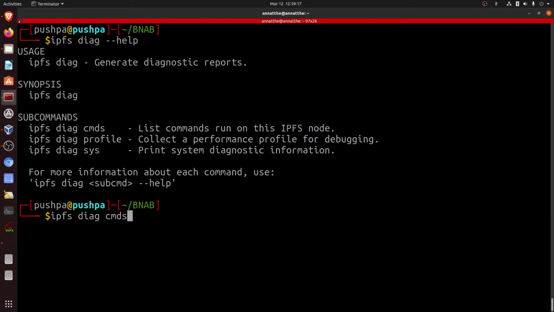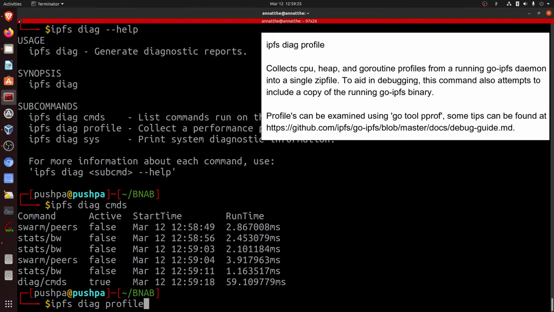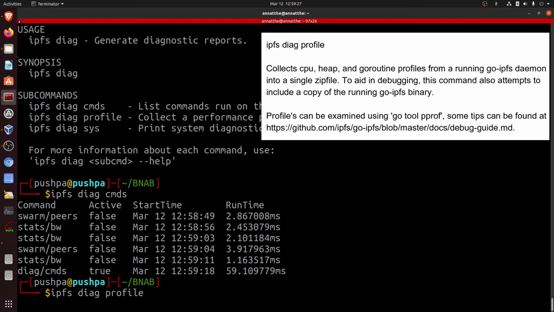CMDS, so list command run on this IPFS. All these commands have been run. Then diag profile, which collects a performance profile for debugging. It is likely to take a few seconds or maybe a minute before it generates a zip file, which will be the profile file. So this IPFS diag profile collects a performance profile, basically used in debugging,